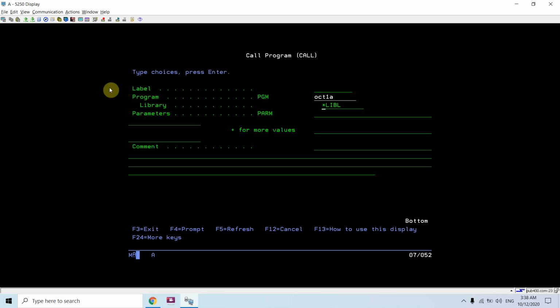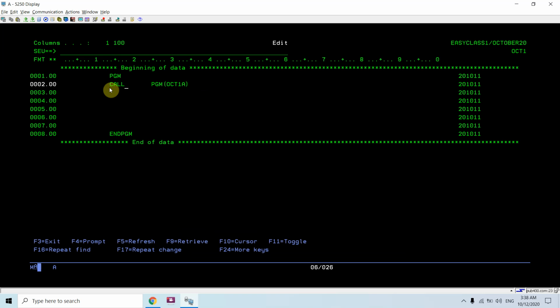It depends upon me whether I give the library name, meaning the fully qualified name, including the library and the program name. There is no parameter at all, so I'm not providing the parameter list here. If I'm not providing the library, it will look into the library list to find where that object exists.